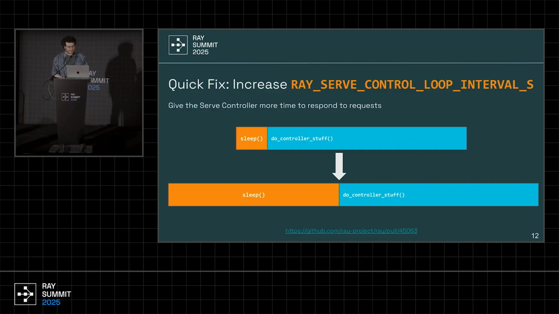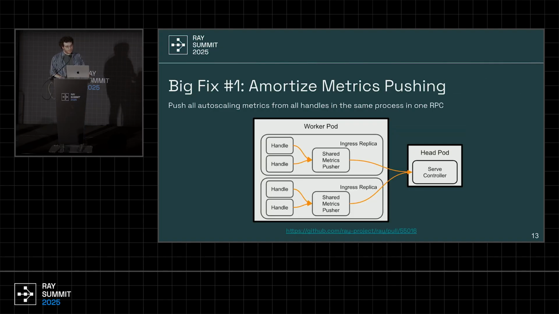But we knew that was not going to be sufficient because, as I said at the start, we have many thousands of customers, and we have lots of use cases that use AI. So we're looking at wanting to host thousands, tens of thousands of models per region. So we knew that this was not going to be sufficient. We knew that we needed to make architectural changes to how Serve worked to make our use case work as we wanted it to. So we did two big fixes that I'm going to talk about briefly here,